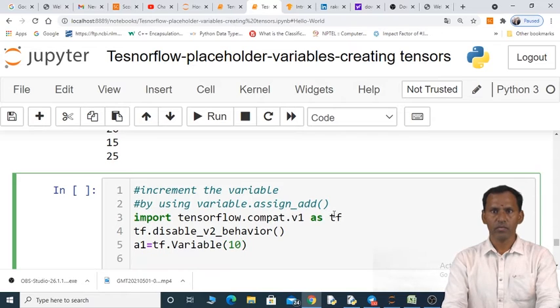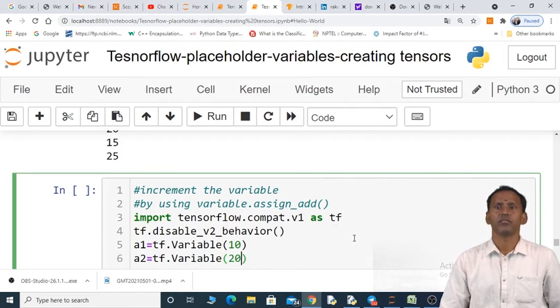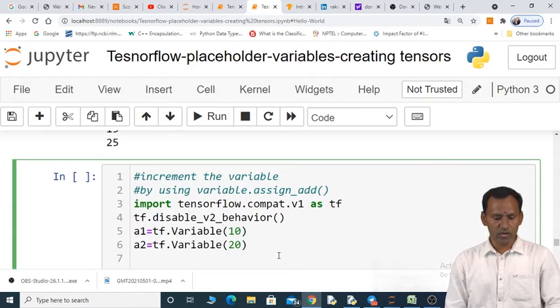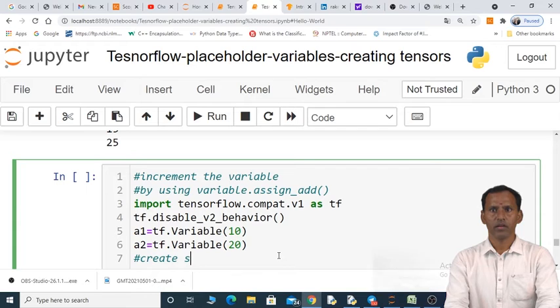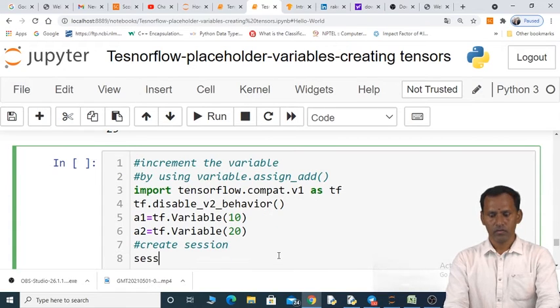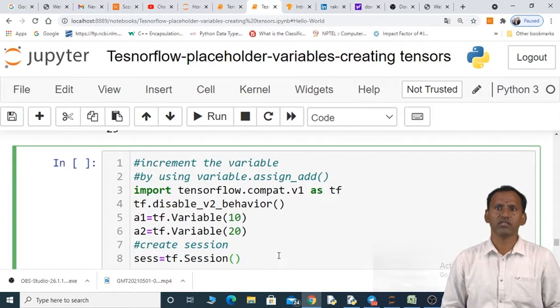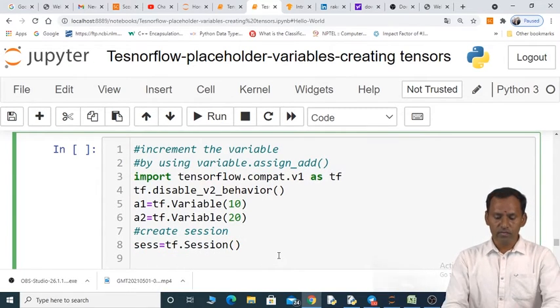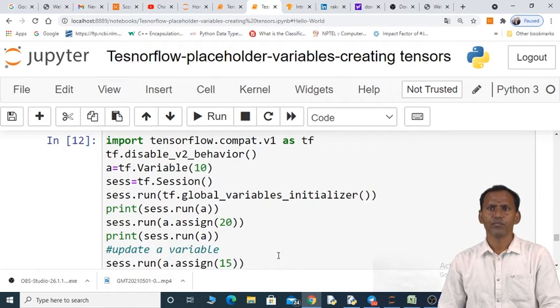Now I am creating a2, tf variable 20. After creating a variable, we have to create a session with the object sys equal to tf dot session. By using the session class we can create a session. After that we have to run the global variables initializer method. I'll copy it as it is here.